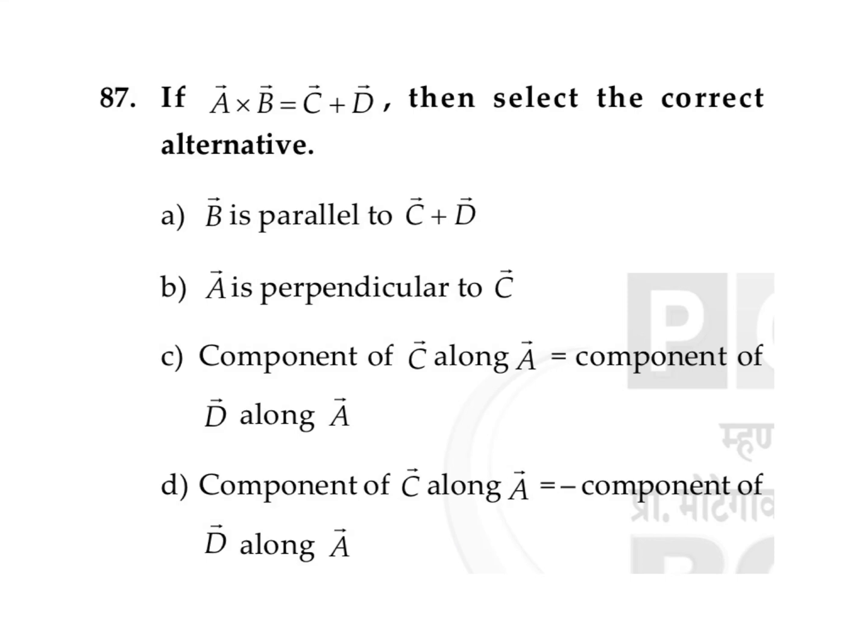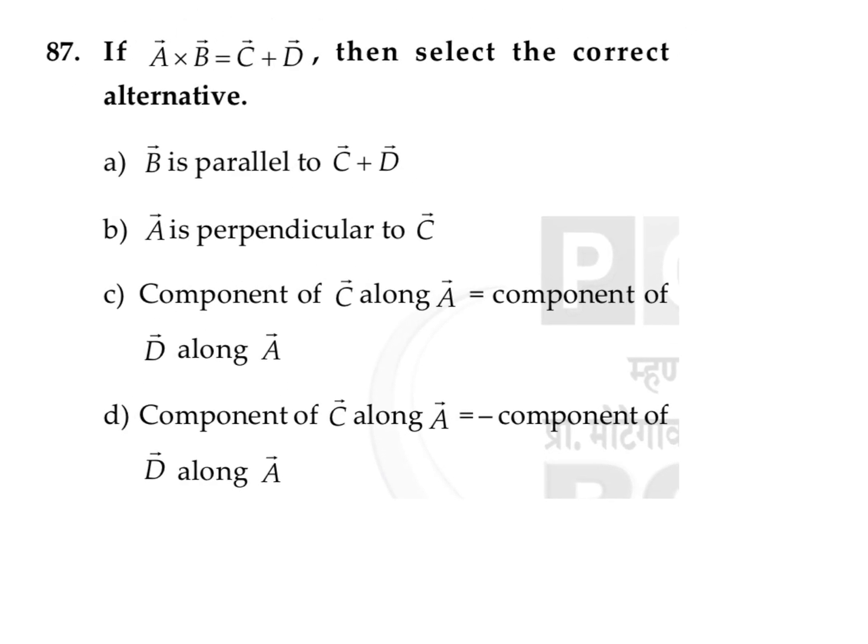In this question, it is given that if A cross B is equal to C plus D, then the correct alternative is. So over here, just try to understand what this question is exactly trying to say. Assume that we are just considering a surface something like this. So we need to imagine it, because A cross B is perpendicular to the direction of A vector and